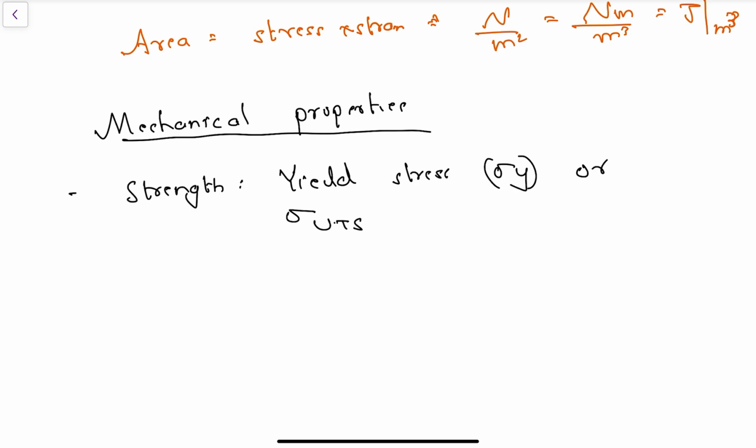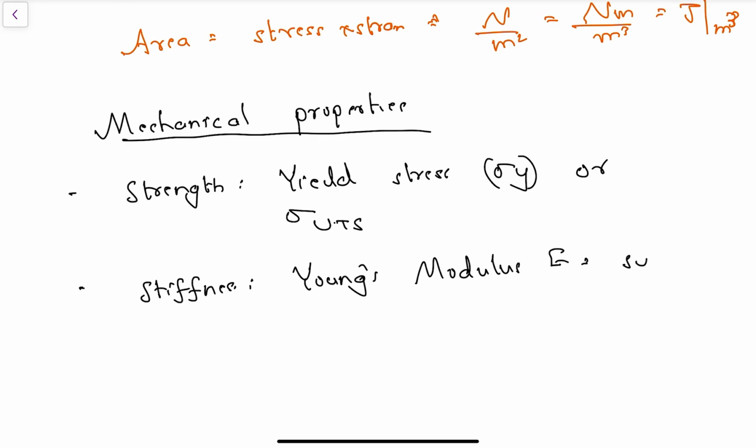That means if you increase beyond yield strength, plastic deformation occurs. We assume the material failed. Once the plastic deformation occurs, we take it as the failure point. So strength is usually taken as yield strength. And stiffness is given by Young's modulus, or E. That is, it is the slope of sigma epsilon